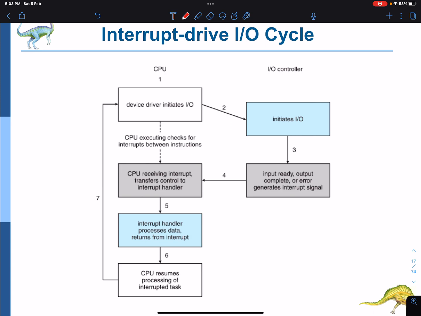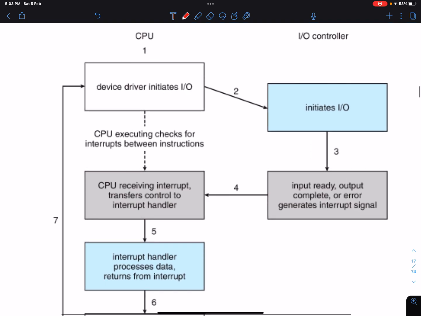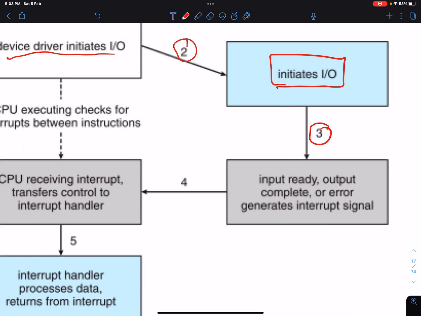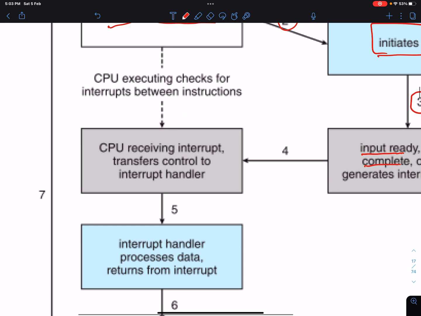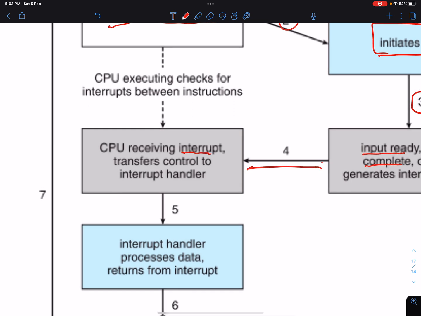So here is the interrupt-driven I/O cycle. Here is the CPU. The device driver initiates an I/O. Here is the I/O initiation: number 1, then number 2, then number 3. For the initiated I/O, the input is ready, the output completes, or if any error happens, you go back to the CPU receiving the interrupt.